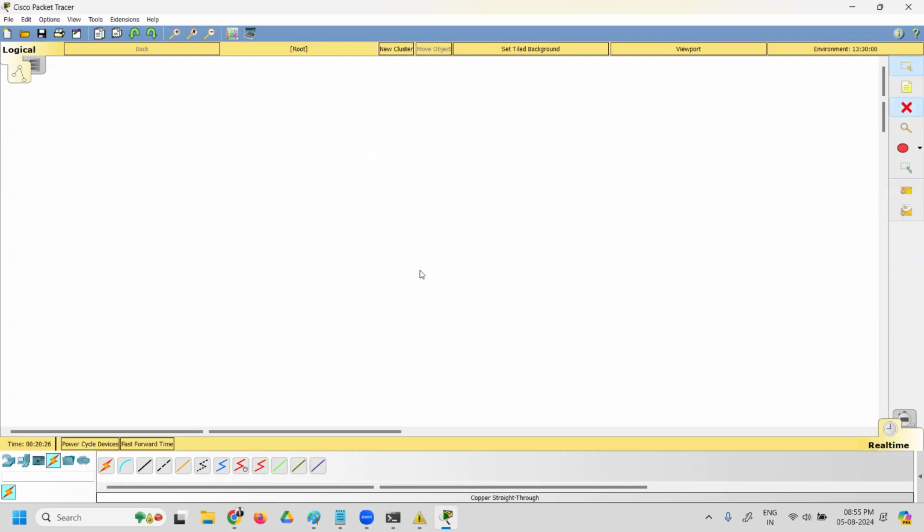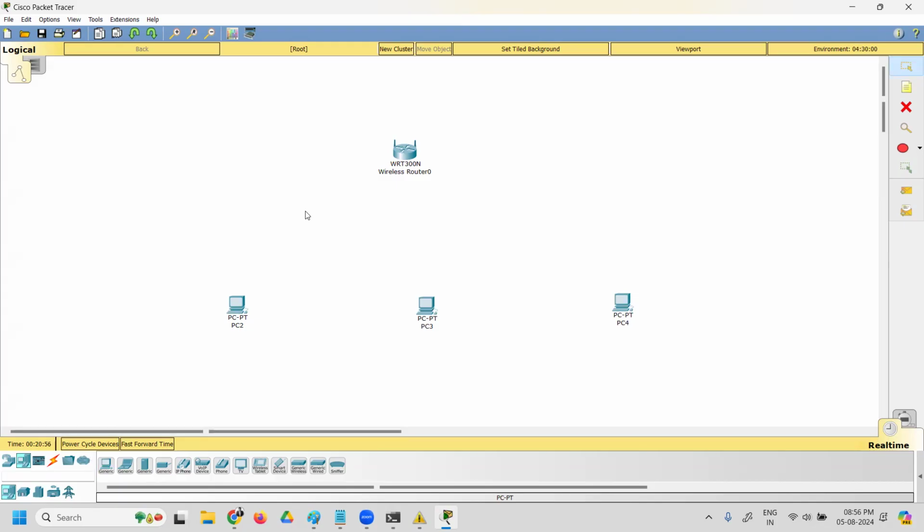So you are going to take a Wi-Fi device from here. You have multiple devices down here. From this, you have to take a wireless device. Where is this wireless device? In wireless device, you have this port one. This is like a wireless router. And you're going to take three computers. That's it. You're not going to use any cables.